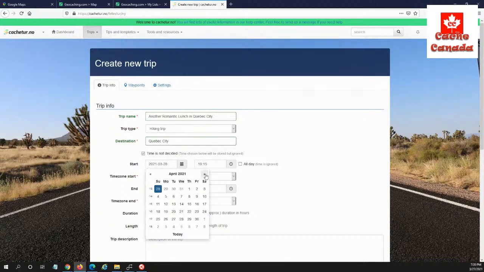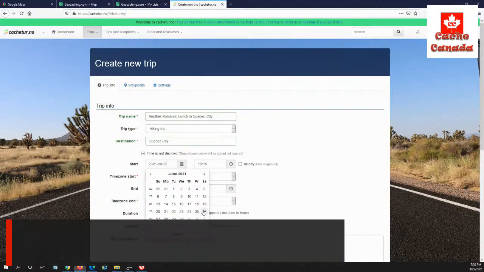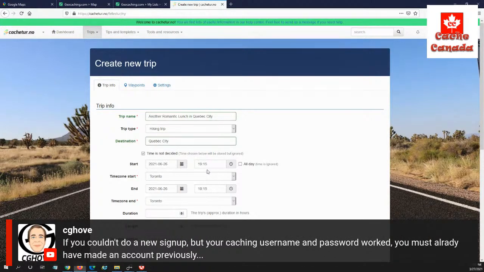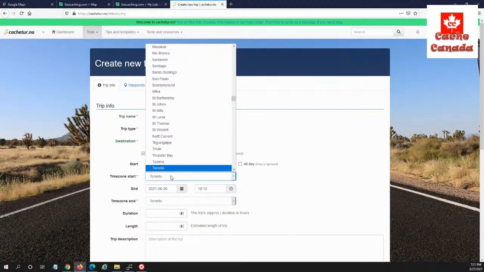We're just going to pick a date in the future. Let's just say June 26th. We're going to be in Quebec City. And we know that Karen likes to sleep in. So we're not going to start at 7 in the morning. We're going to change our start time to 10 in the morning. All right. The time zone for our start,